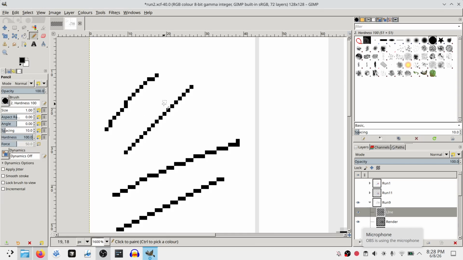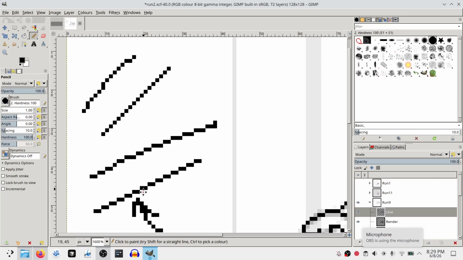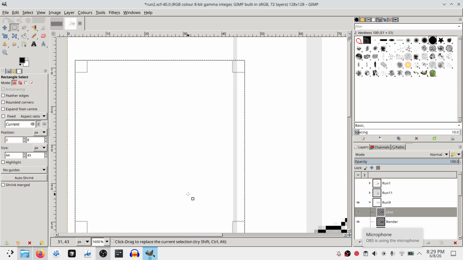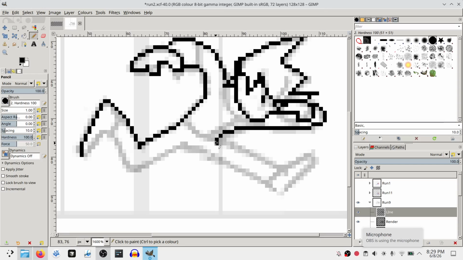So the difference is that the changes in the line's movement are constant. So this line increments by 2 pixels consistently. This one increments by 1 pixel consistently, whereas these ones are bumpy. It's like this: 2 pixels, 2, 2, 1, 2, 3, 2, 2, 3, 2, 2, 2, 1, 2, 2, 2, 2, 2, 2, 2, 1, 3. It's annoying. So essentially eliminating jaggies just means instead of making a line like this, actually this line is really